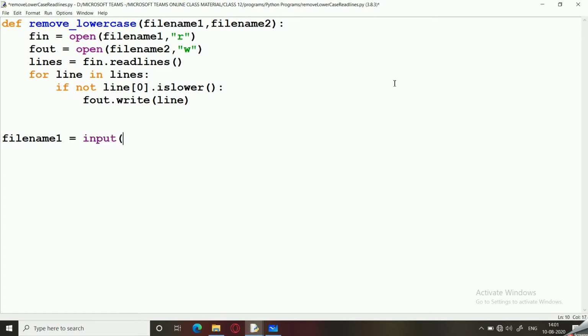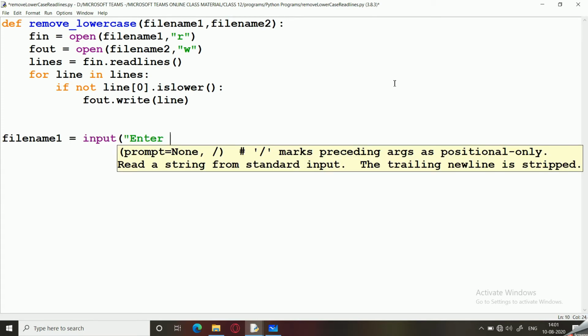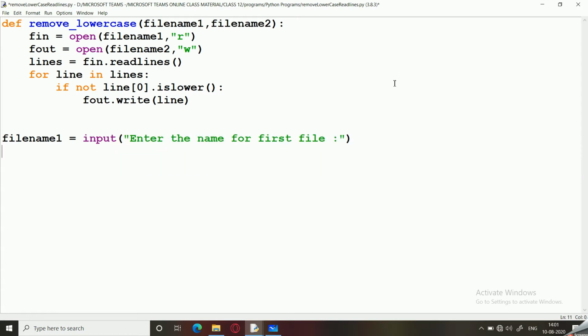Now for file name 1 I am going to ask the file from the user: enter the name for first file. And the same thing I will copy and paste here: enter the name for second file.